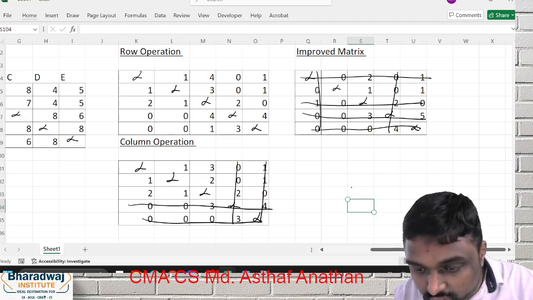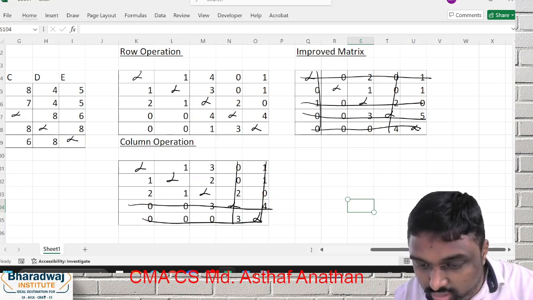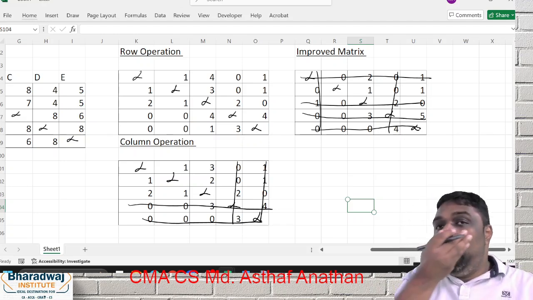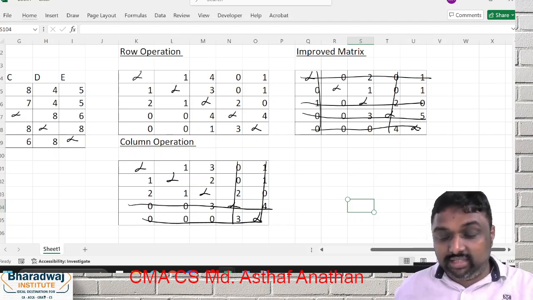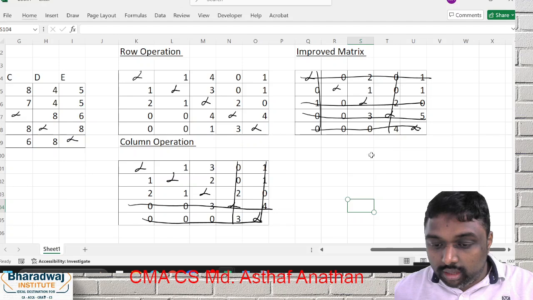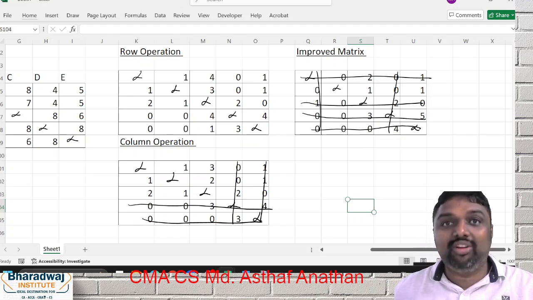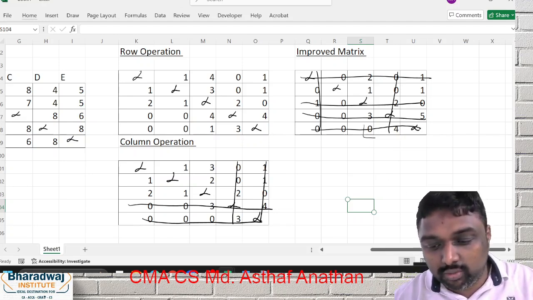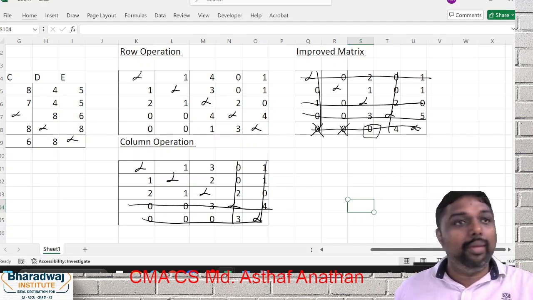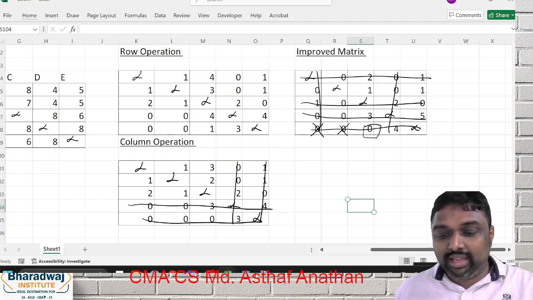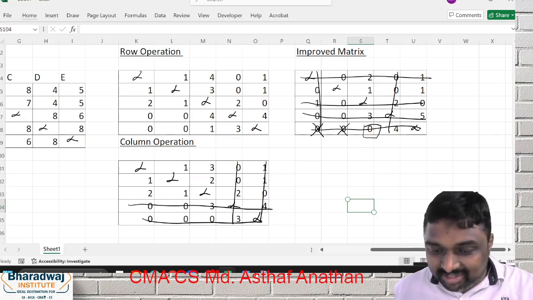First row, if you go through, there is a 2 0. Second row, 2 0, 2 0. Everywhere there is, so we have to go column wise. What is the column wise status? Third column, we have a single zero, correct? So we can take this one as allocation. These both will get cancelled. Once these both get cancelled, now again you have to start the allocation row wise, single zero.